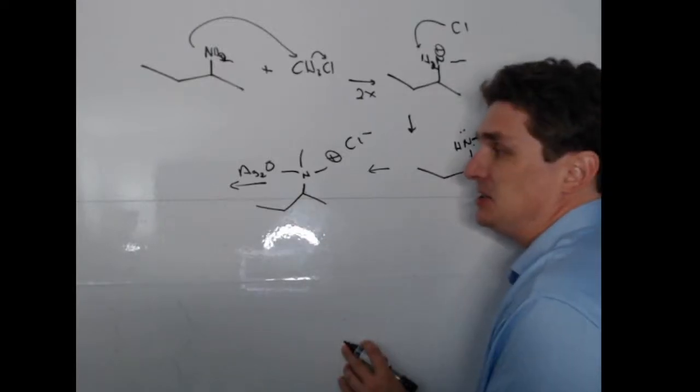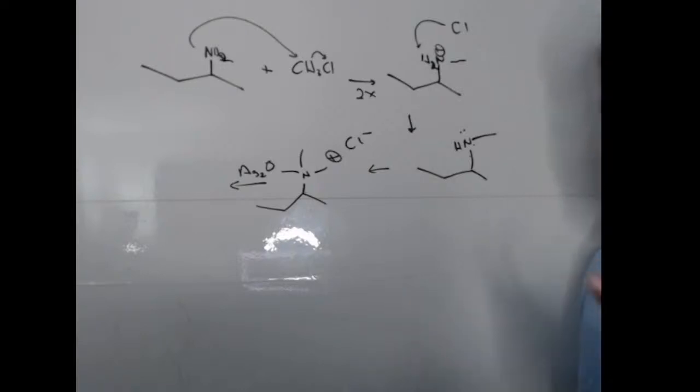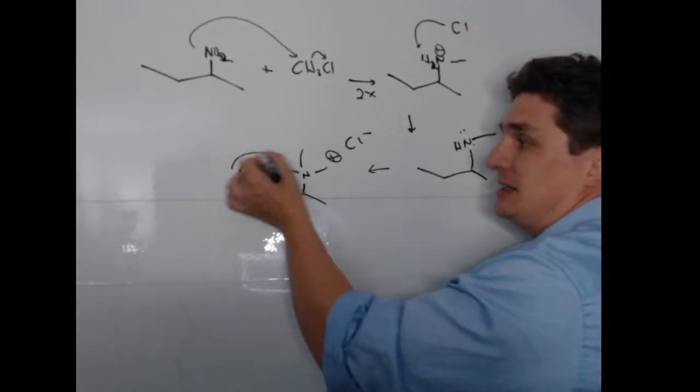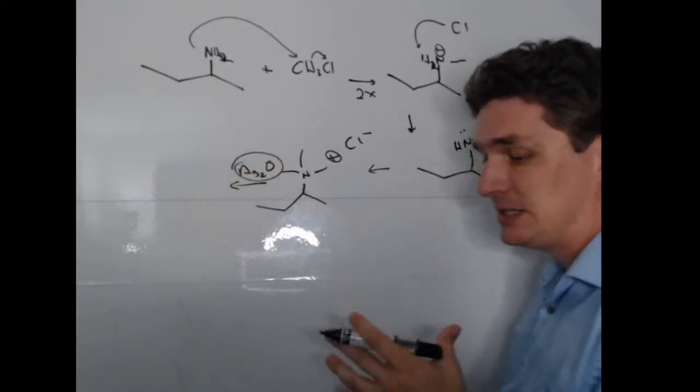we'll get what's called the Hoffman elimination. Now the Hoffman elimination is kind of like an anti-Zaitsev reaction. So with Zaitsev, you always eliminate from the most substituted hydrogen. With the Hoffman elimination, you actually do with the least substituted. And the big reason is that this silver needs to get a hold of it. And the silver itself,